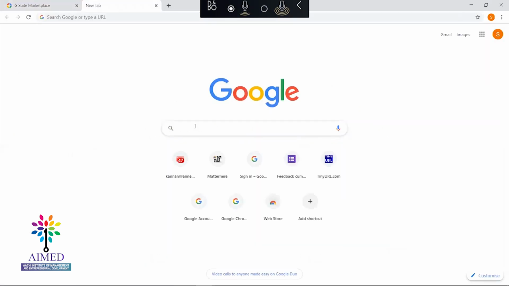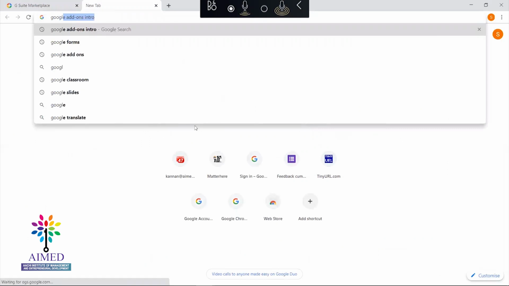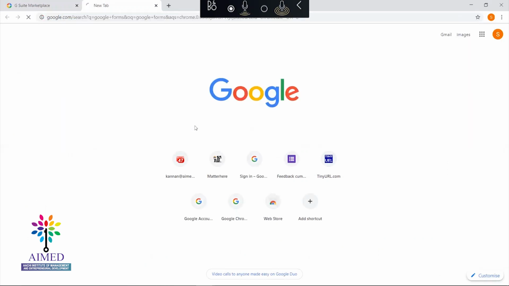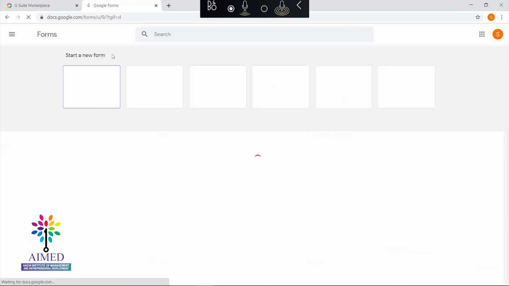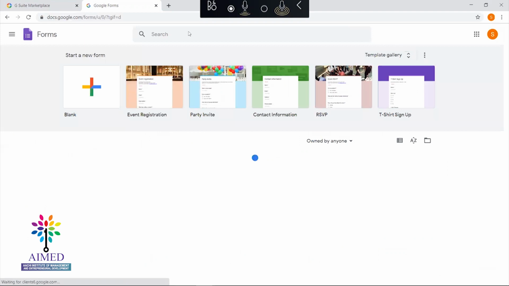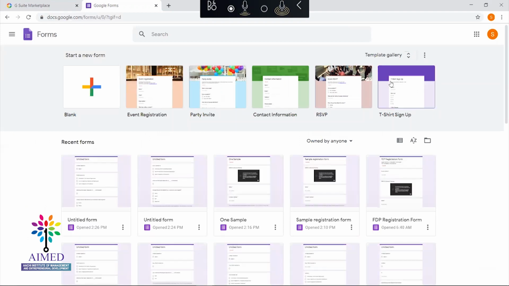I'm searching for Google Forms. As I'm already logged in, it is directly opening my Google Forms homepage.